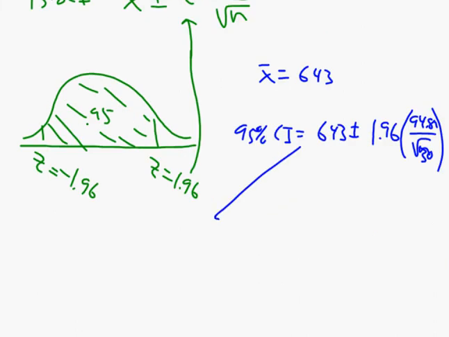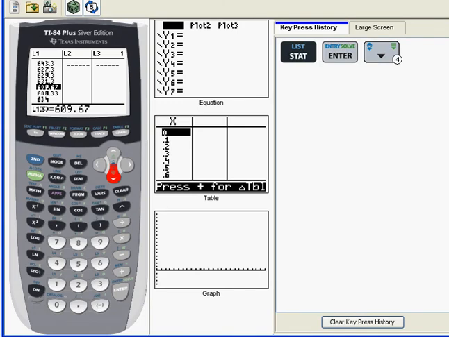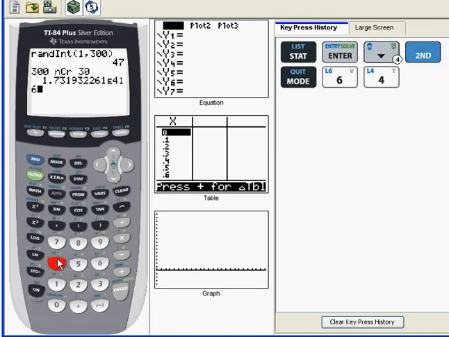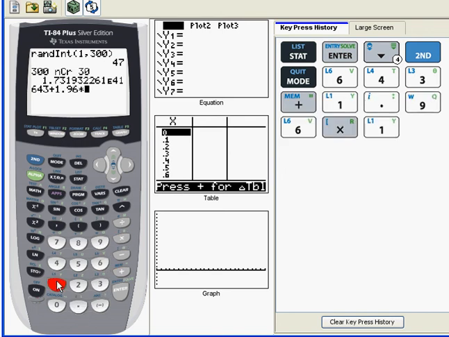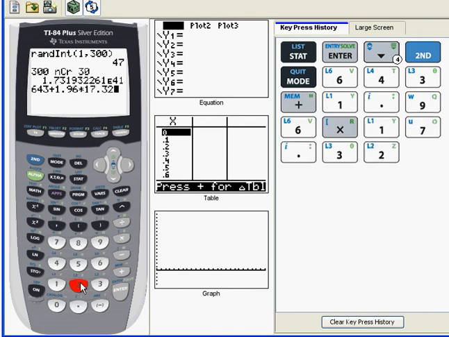More specifically, we'd end up with 643 plus or minus 1.96 times 17.32. And why don't we use our calculator and figure that out. So we'll do second quit. 643 plus 1.96 times 17.32 equals